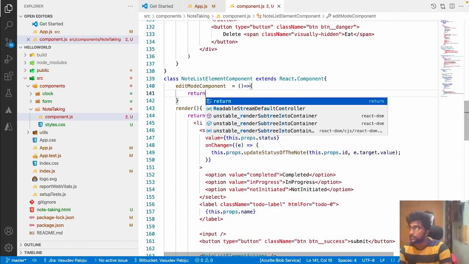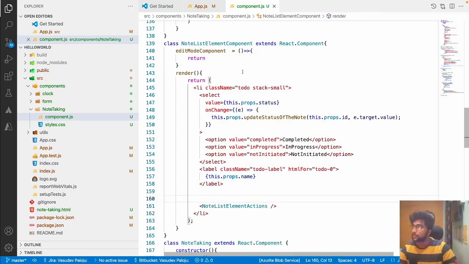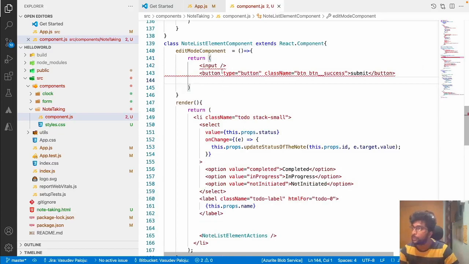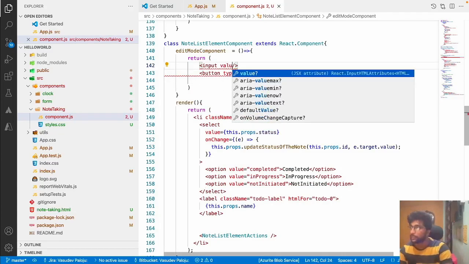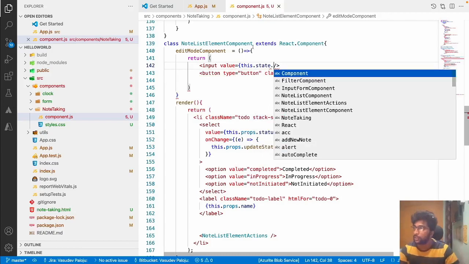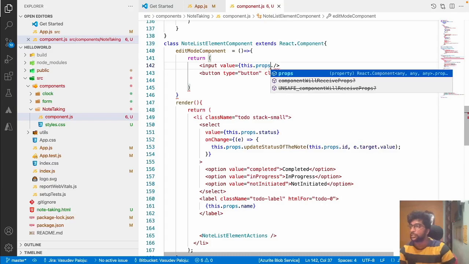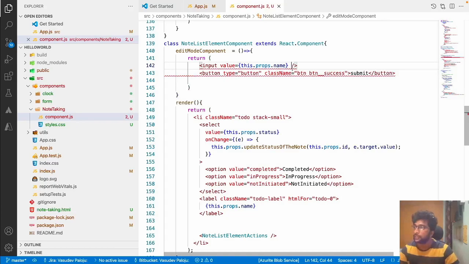The edit mode component will return the input, and it will have a value same as this.props.name. Initially it will have the same value, and then on change I should have